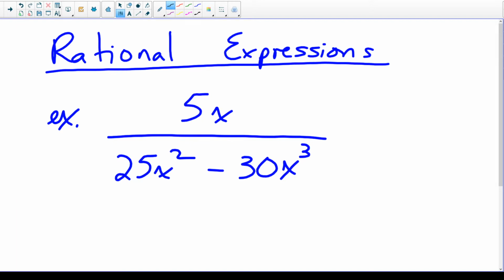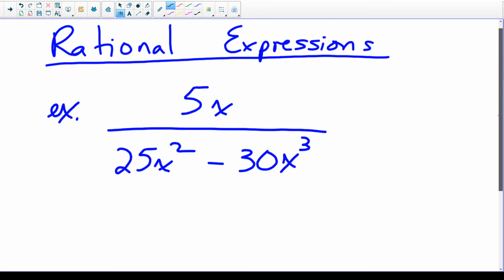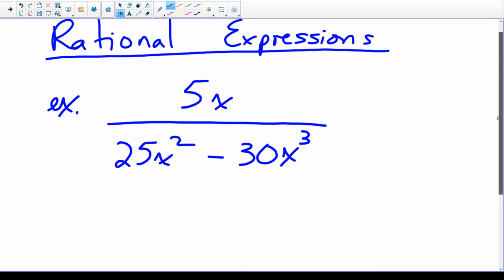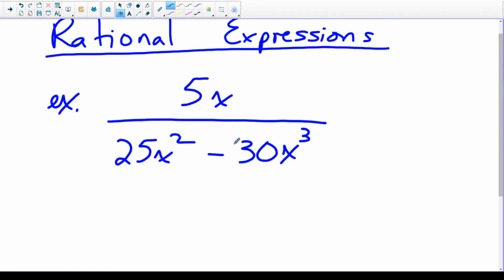So we're going to be looking at more rational expressions today and talking about how to simplify them and how to talk about restrictions. Slightly more advanced today, with the idea here that sometimes you can't state the restrictions right away until you've actually factored the denominator as well. Yesterday we were talking a lot about factoring the numerator, but sometimes you're going to have to factor the denominator too. So in a case like this, hopefully you can see that